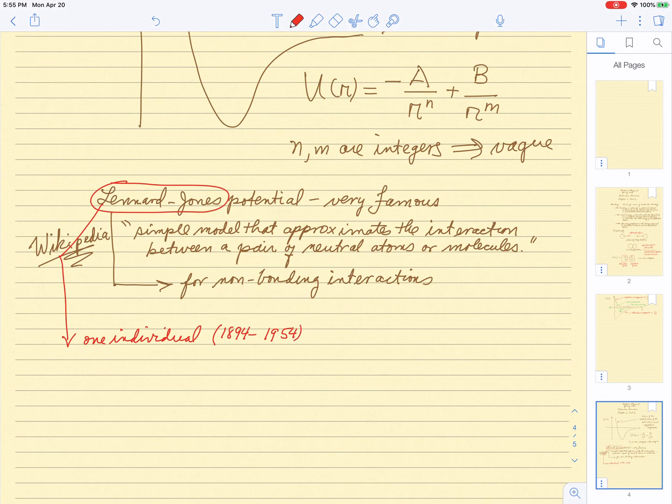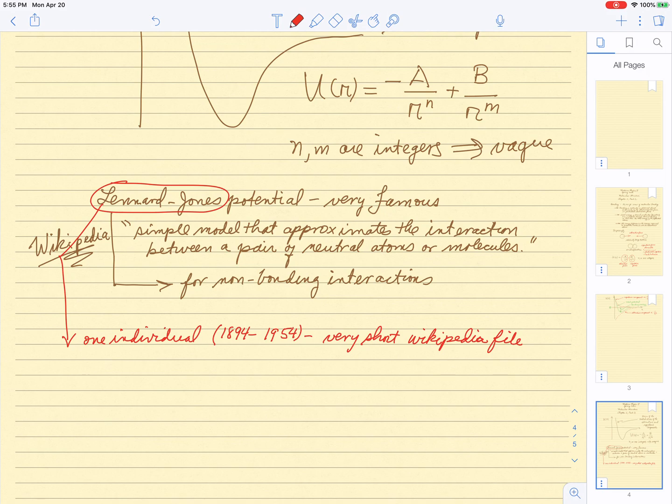And he has a very short Wikipedia file, which is tragic in a way, since he is a very understated physicist,